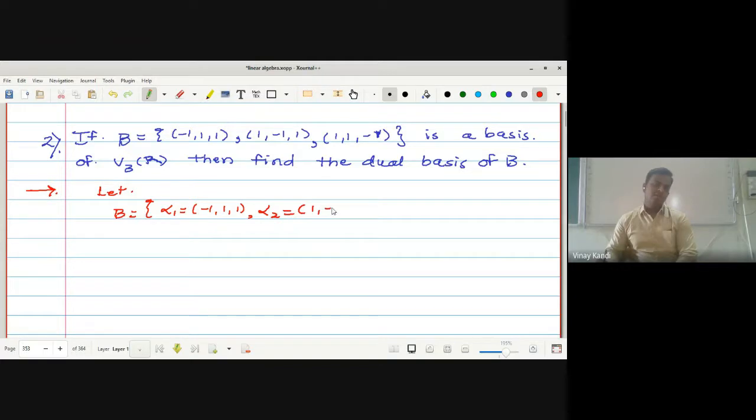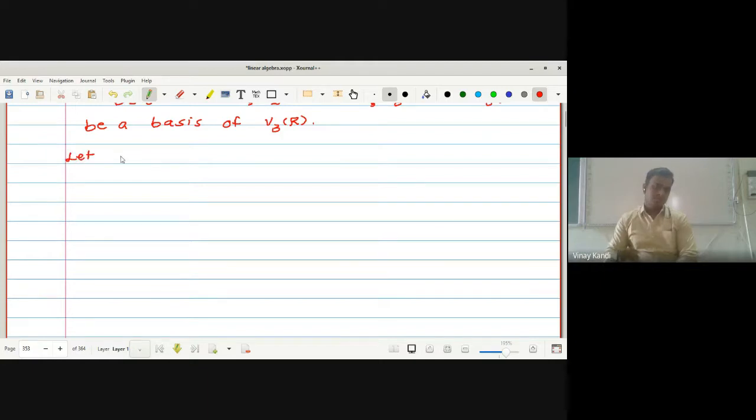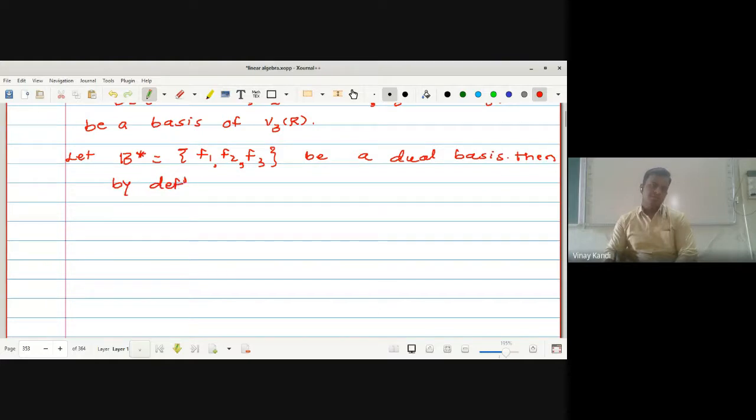Alpha 2 is equal to (1, -1, 1), and alpha 3 is equal to (1, 1, -1). Let B be a basis of V3 over R, or R3 over R. Now let B star be equal to f1, f2, and f3. The number of vectors in B will be the same as in B star. Let B star be the dual basis, then by the definition of dual basis,